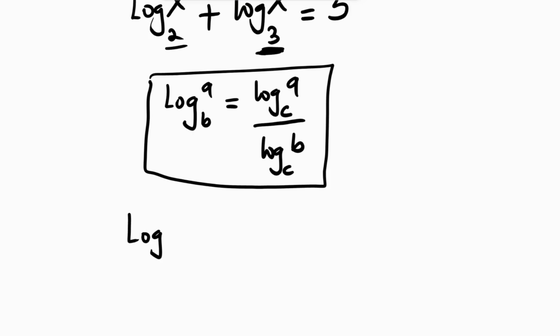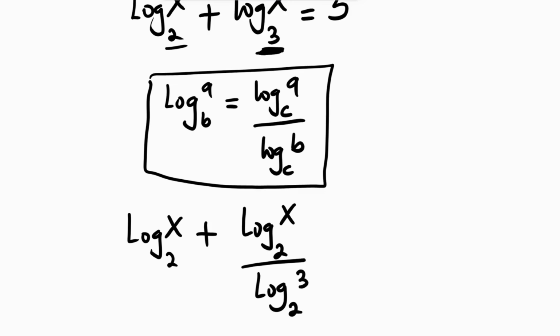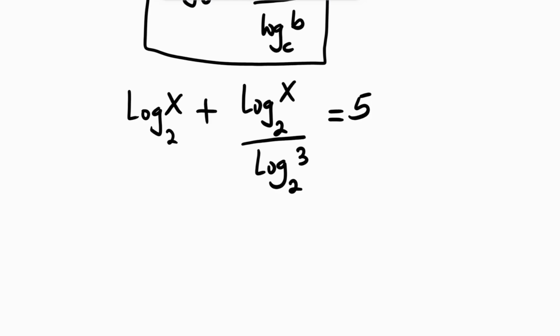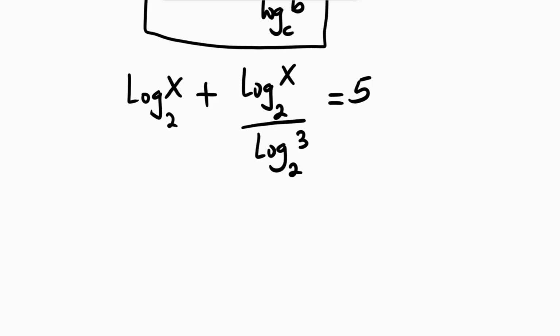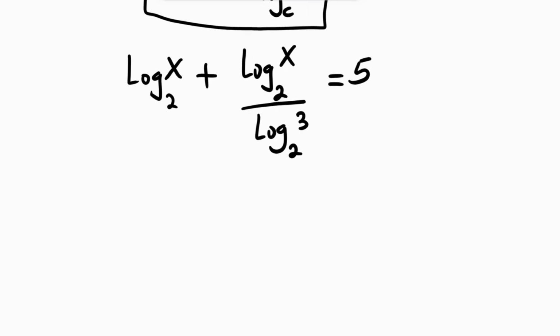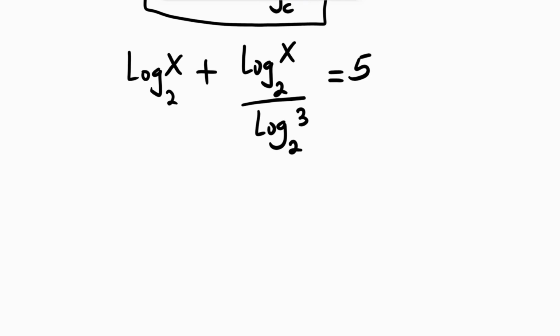So let's rewrite this in this formula. So now what we have is log of x base 2 plus log of x base 2 over log of 3 base 2 equals 5. Right, so this is what we have here. So let us work with this to try to solve for the value of x. So what is the next thing that we do? Now we can multiply all through by log 3 base 2, or we can just do the LCM,